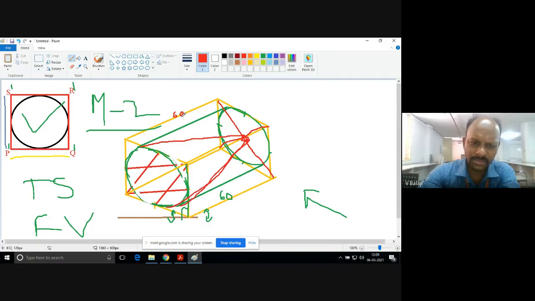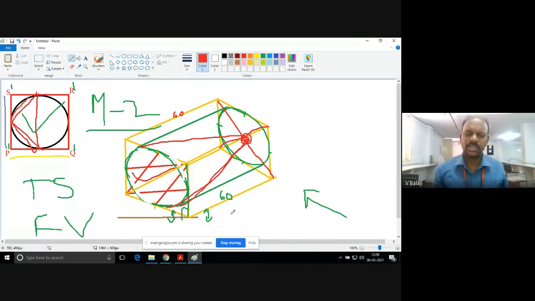Similarly, a pyramid is the same thing. Here you can take a pentagon or hexagon pyramid, or a triangular pyramid, anything. You convert that plane here, find the midpoint and join the base corners. You will find the pyramid. So this is method 2. Is it clear? Method 2. Any questions you can ask?